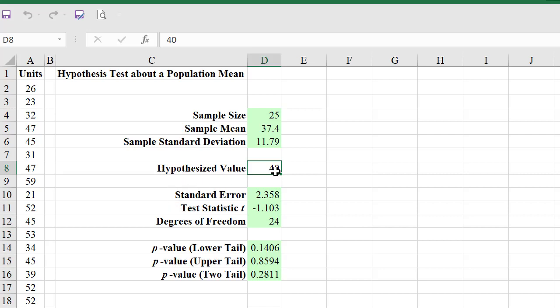What we think is going to be 40. We can calculate our standard error, our test statistic, degrees of freedom, because we collected 25, so it's n minus 1. And we go through and we calculate the lower tail, the upper tail,